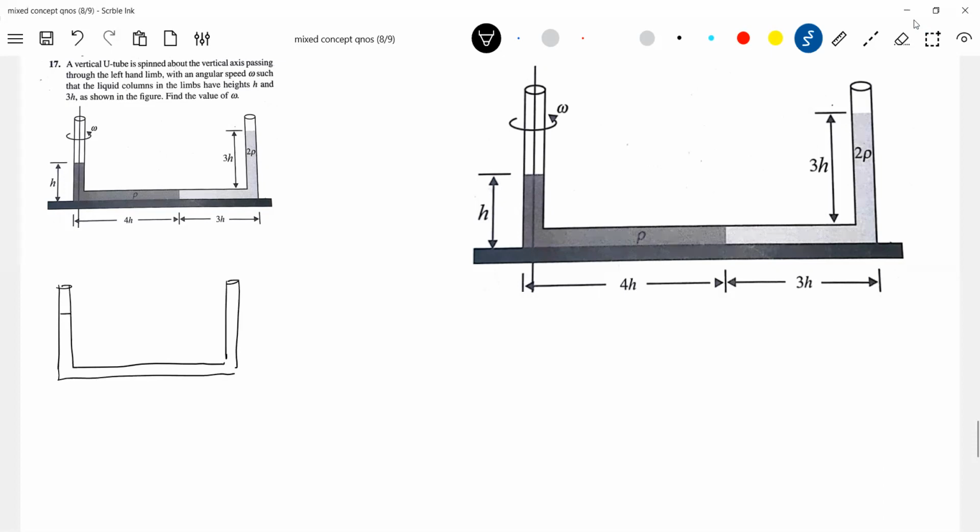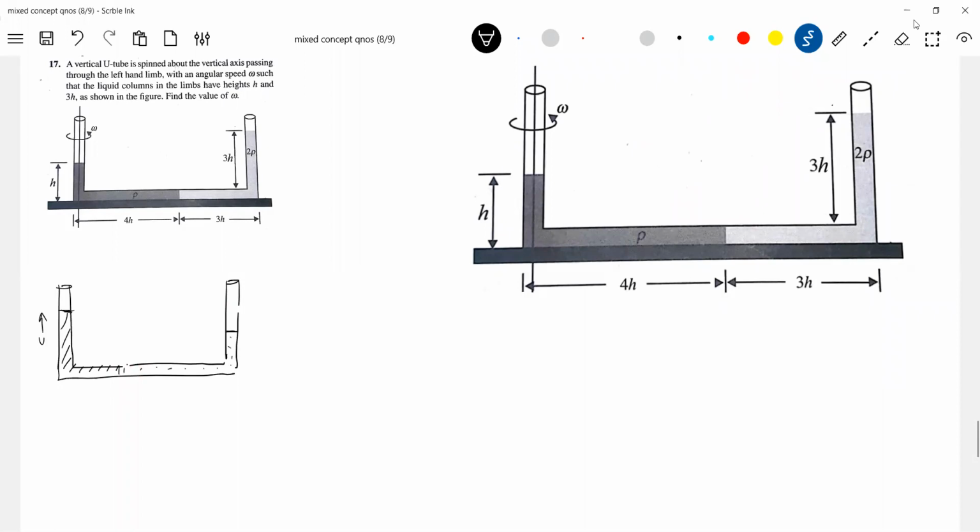So the level of liquid should be equal, should be same or different here? See, it should be different. So we are not bothered. The lighter one will rise to more height, the denser one will be like this. Now take this one, and this will be this one. So the total volume should be conserved.